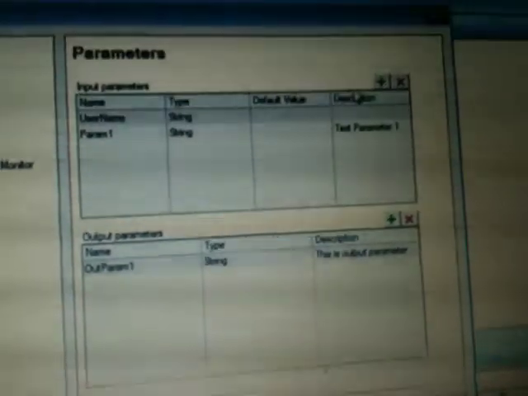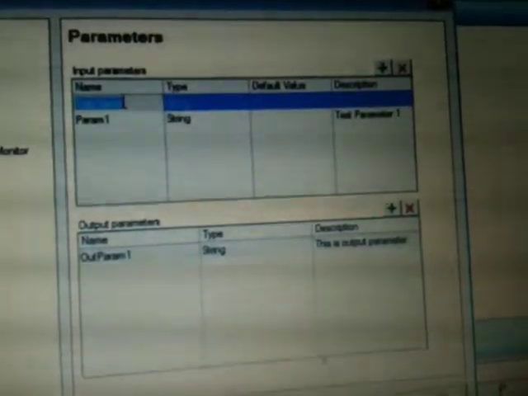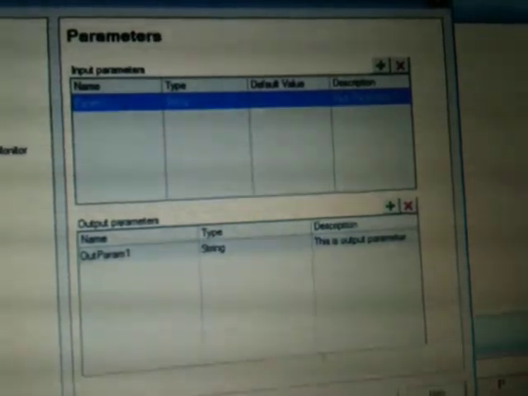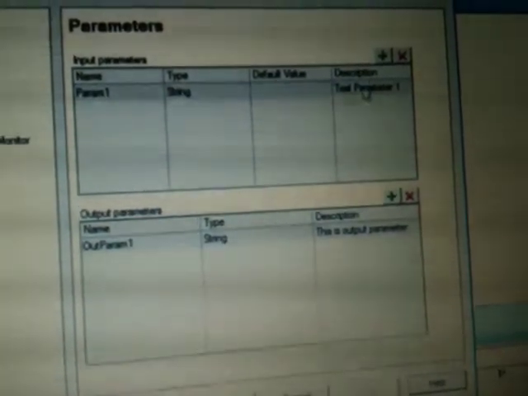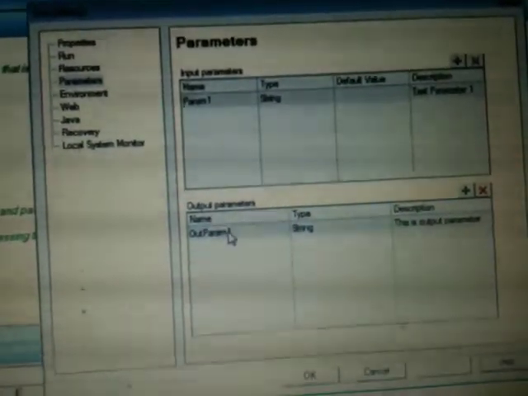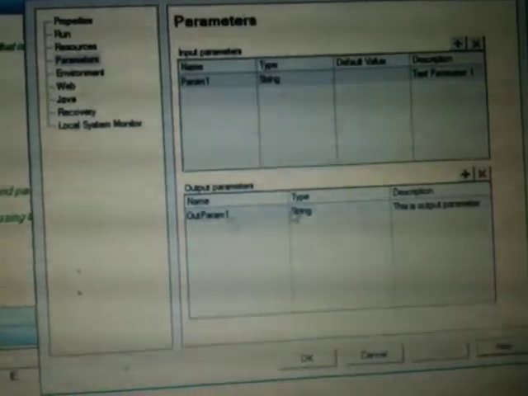So for this test I have applied two parameters. One is an input parameter param1, the other is an output parameter out param1.